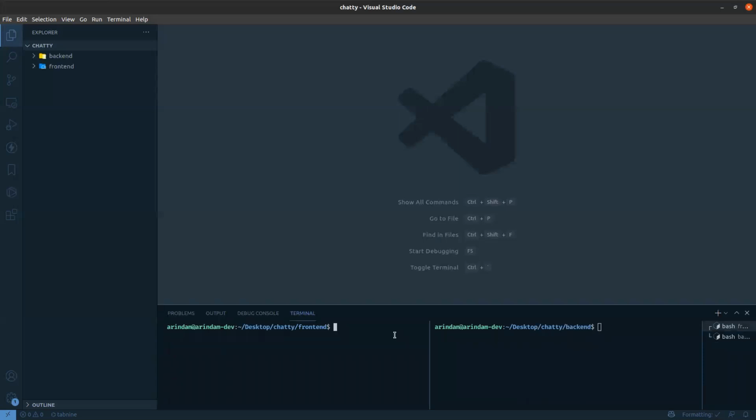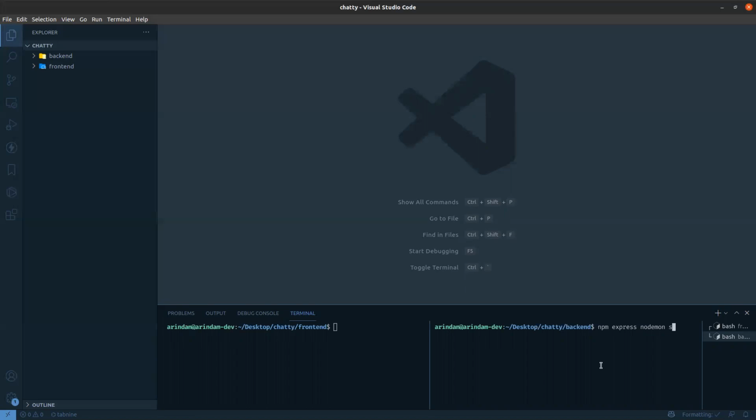So first let's start to set up the backend. For that we need to install some dependencies, what we need to create a server and build that application. We need Express, because we are using an Express server, and Nodemon. What is Nodemon? If you are using Nodemon, you don't need to restart your server every time after changes. It will be automatically restarted.